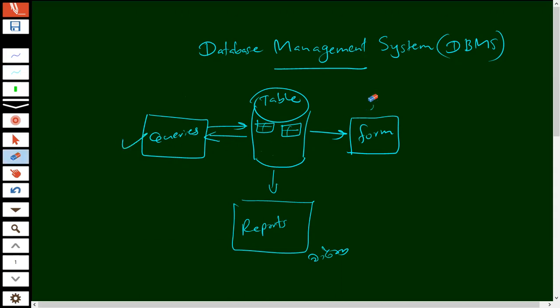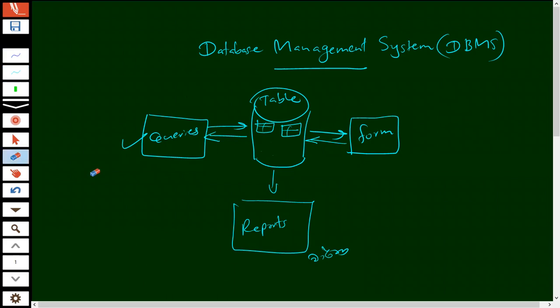And there are forms also: forms to collect information, forms to view information, as well as forms to input data into the database. That type of database function is called forms.